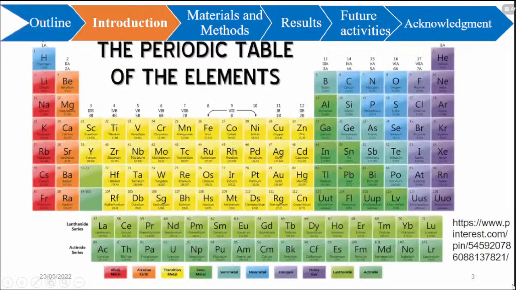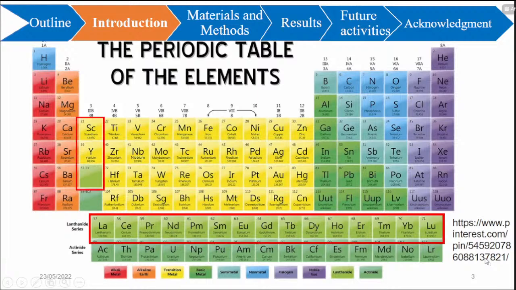As you know, the periodic table is classified in several groups. Our study focuses on rare earth elements and yttrium. We will not include scandium in this case. Based on the European definition, the rare earth elements are the lanthanide series, scandium and yttrium, but scandium has a different geochemistry, so it will not be included in this study. We include only the lanthanide series and yttrium. Promethium will not be included because it is a radioactive element and it does not exist in the solar system.